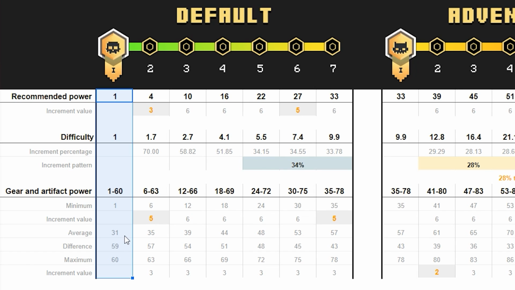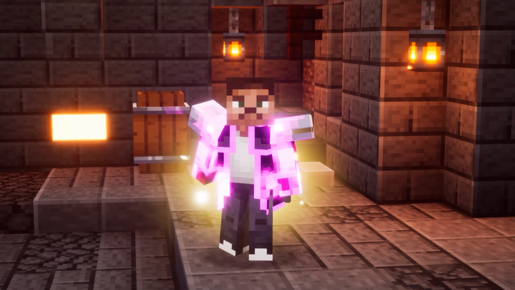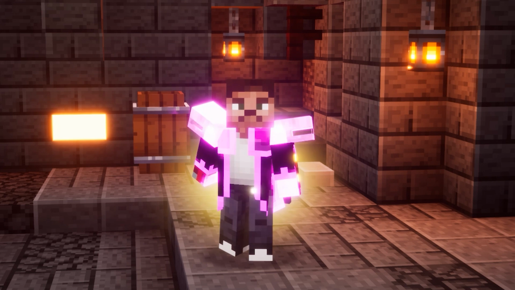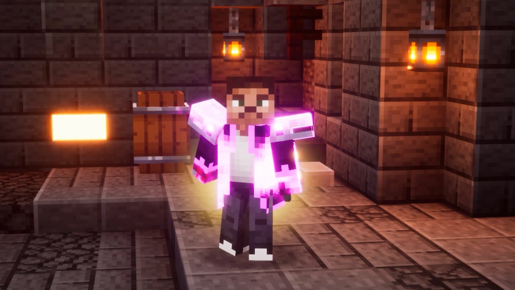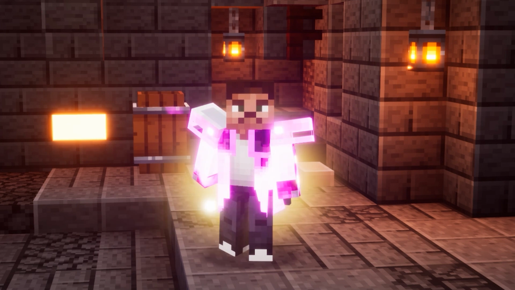And this also brings us to an average of 31 and a difference of 59, because obviously 60 minus 1 is 59. So when we increase this difficulty, guys, all these values will increase as well. And the cool thing is, all these numbers will grow in either a linear way or an exponential way, and this actually forms an algorithm or pattern which allows us to determine a little bit what we can expect to